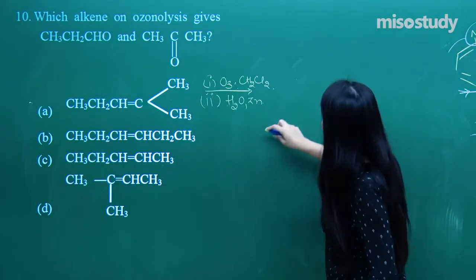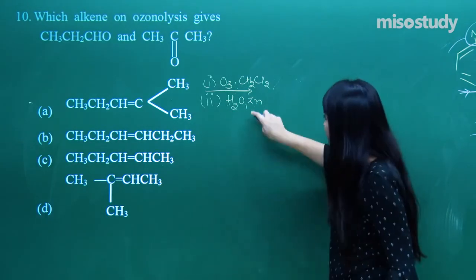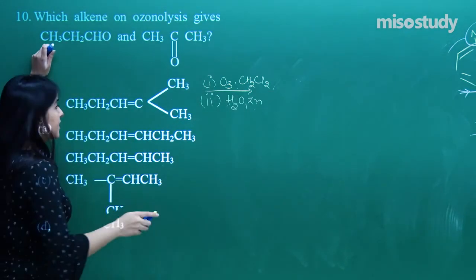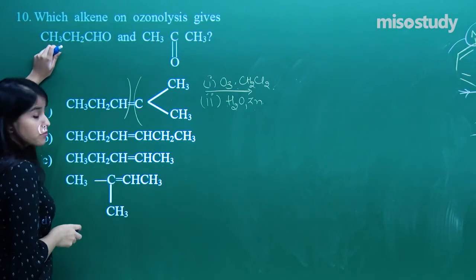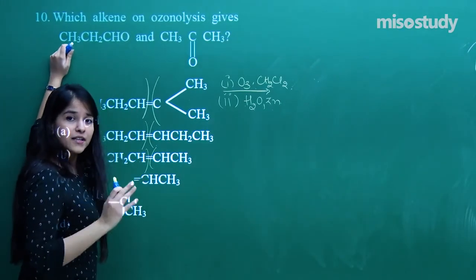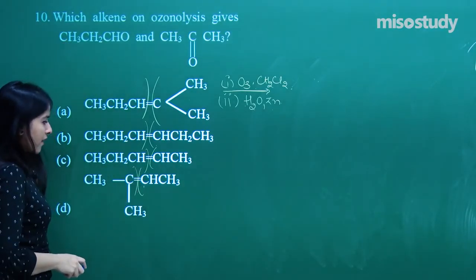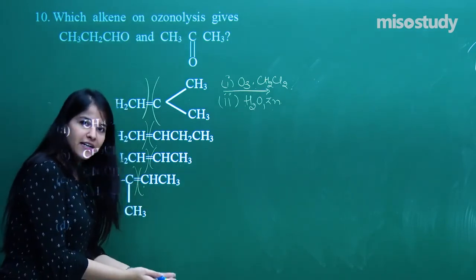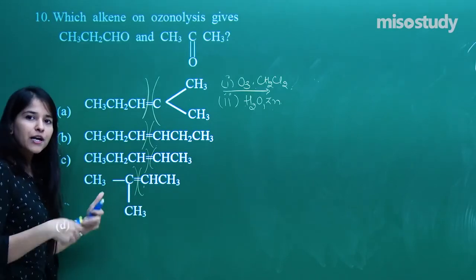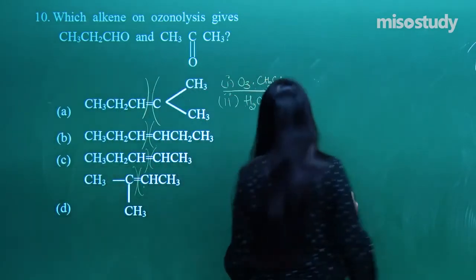And what else do we have? First is the formation of the ozonide, followed by the reduction process. I am just quickly giving you an idea about it. You need to break this down. Again you need to break this down. Basically ozonolysis is nothing but breakdown of the double bonds. One carbon will be converted into an aldehyde if it is a terminating carbon. If it is not a terminating carbon, it will turn into a ketone. So that is what we need. I am performing only one.